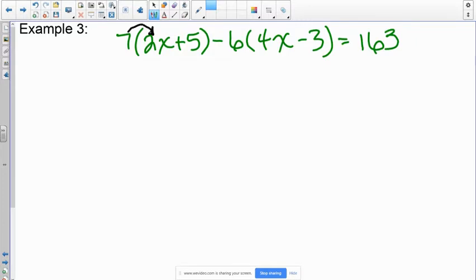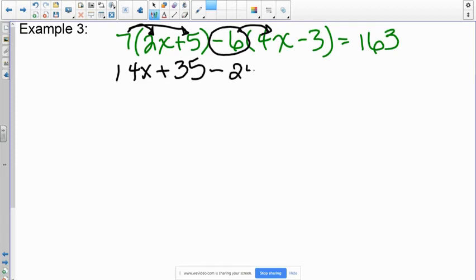So I'm going to take 7 times 2x and 7 times 5. So I get 14x plus 35. And then I'm going to take, and be careful with this, a negative 6 times 4, which is a negative 24x, and a negative 6, and I see this as a negative 3. It saves me a step later. So negative 6 times this negative 3 makes a positive 18. Plus 18, and that's still equivalent to